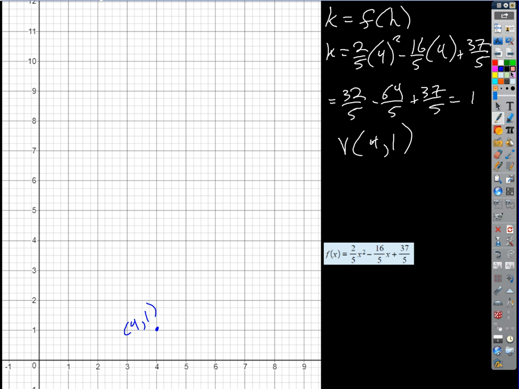And a, we already said, is equal to 2/5, right? So I'm just going to multiply all of my normal undilated y-coordinates of a regular x-squared parabola, whose vertex would normally be at the origin. So I'd go over 1 and up 1, over 2 and up 4, over 3 and up 9, over 4 and up, over 5 and up. So which of those would be convenient to multiply by 2/5? There you go, so 25. So instead of normally going over 5